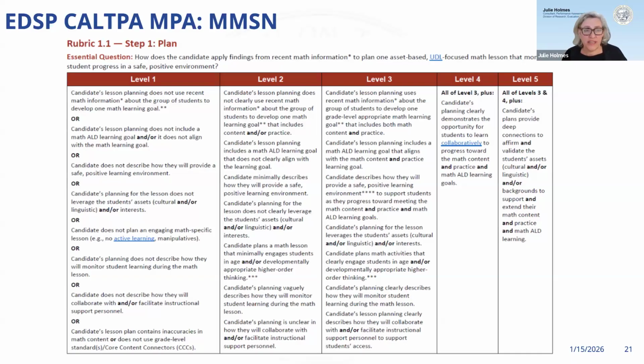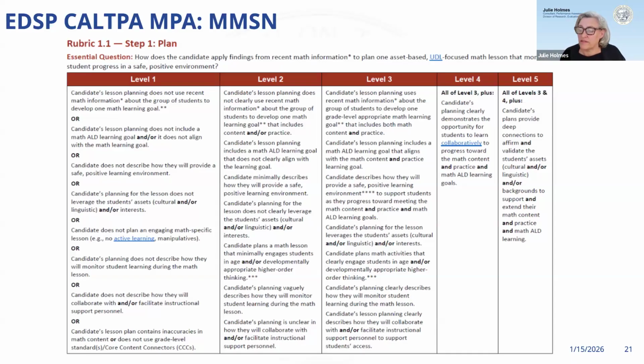And then talking about monitoring learning. How do you know? How do you know they're learning? Are you observing? Are you doing little hand gestures? What are they doing? How do you know? And what's their plan for how they're going to know that their students are learning? So this is really just touching on that formative assessment, whereas the LPA really dives into that summative assessment.